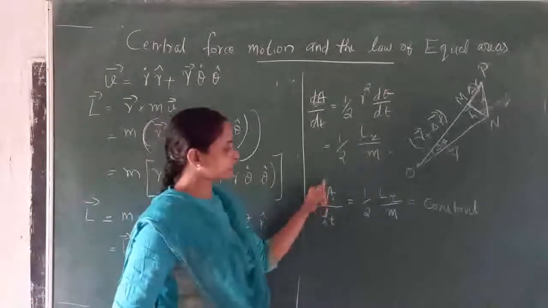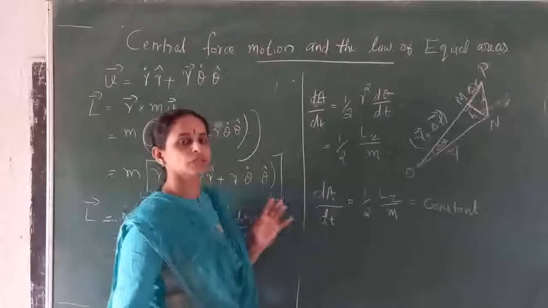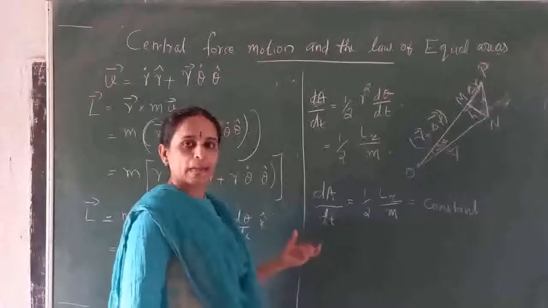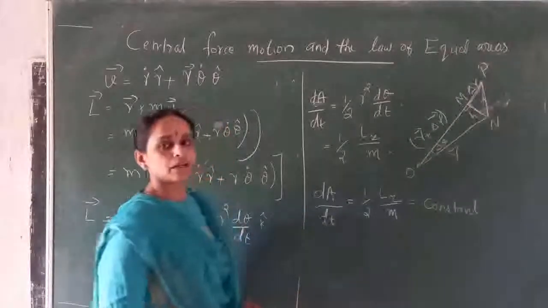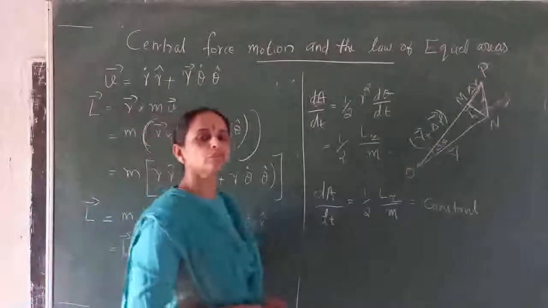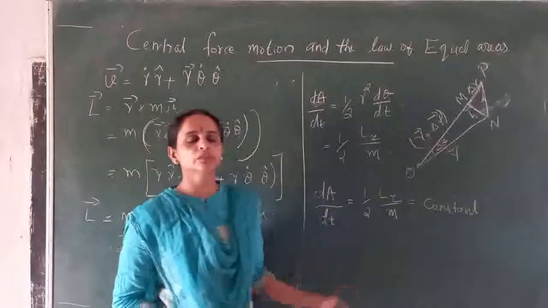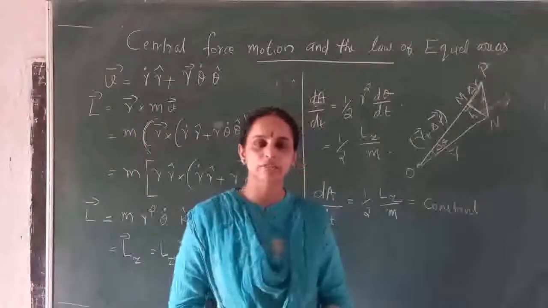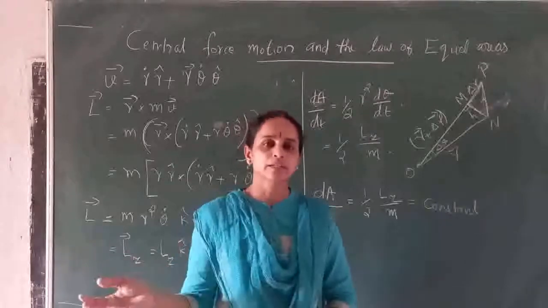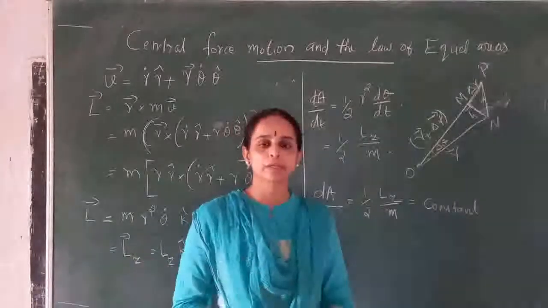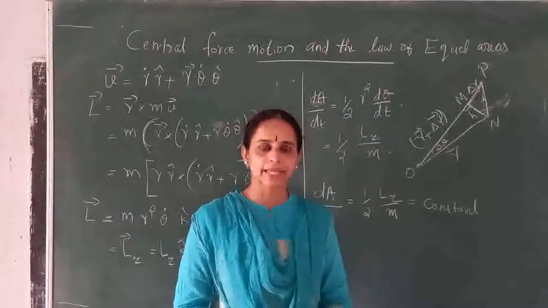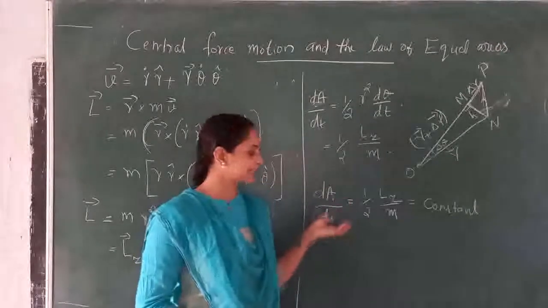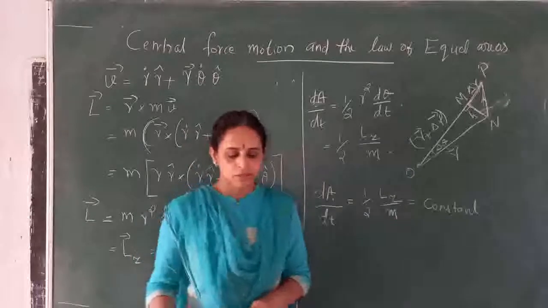That is, the area swept by the radius vector from the sun to the planet in a given time is the same for any location of the planet in its orbit. That is Kepler's law of planetary motion, or the law of equal areas. So we can prove it using the concept of conservation of angular momentum: the torque is zero in central force motion, so the angular momentum is constant in both magnitude and direction. So dA by dt will be a constant. We can stop now.